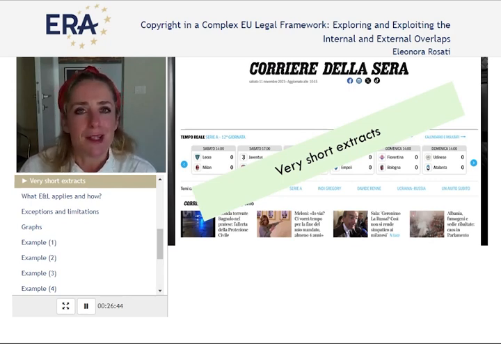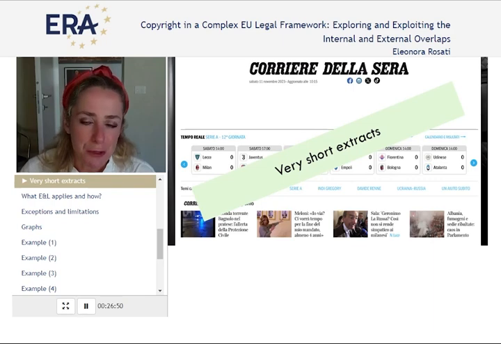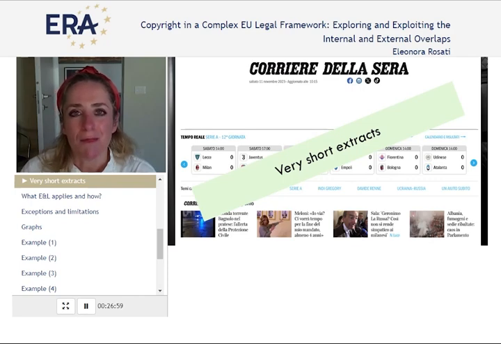So how can we understand what very short does actually mean? I think that here this investment rationale that the Court of Justice presented in Pelham might be a valuable guidance. So an extract will be very short when it does not sufficiently display the investment made by the right holder. Two examples come to my mind. If what is reproduced from a press publication is a pure factual account, so a short account of an event happening, there I would say there is no investment because a mere factual account does not reflect the investment made